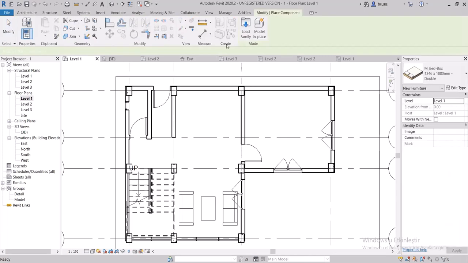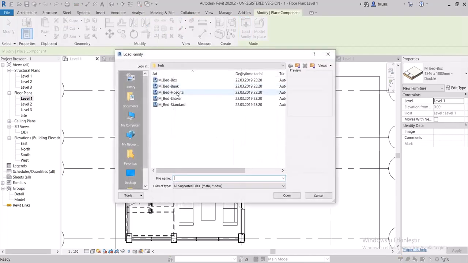You can also use different furnishing elements that you have downloaded for Revit from the internet.